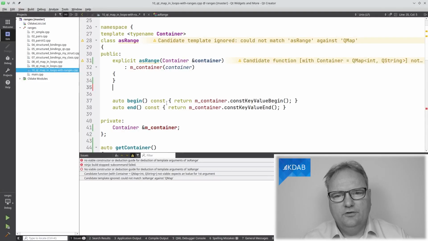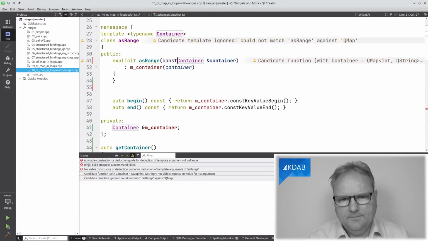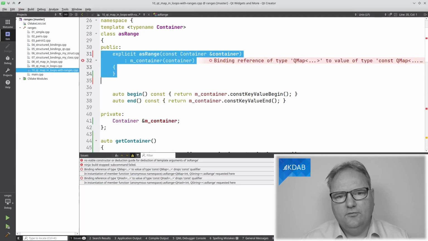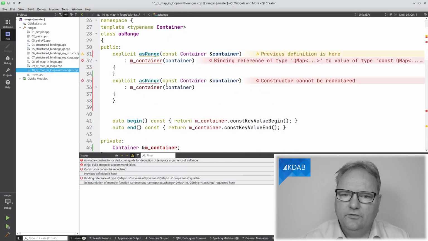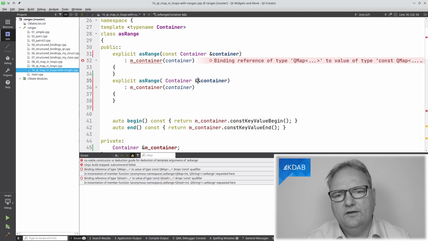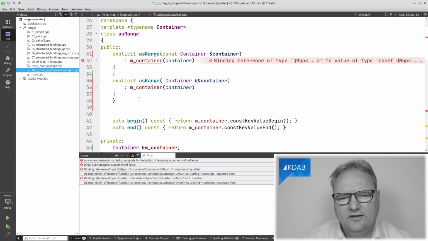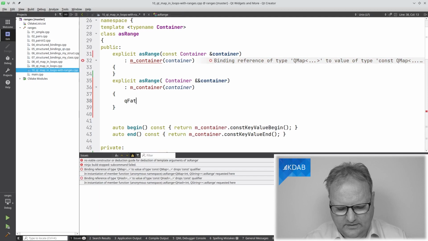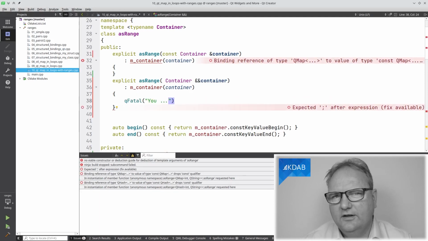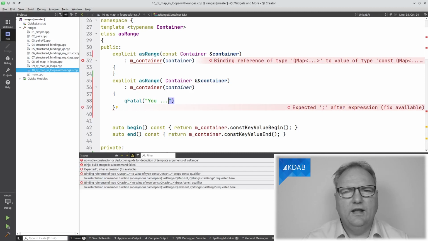The R value version means that I'll make this const again. And maybe I should have copied before I made it const. Of course, now I need to remove the const again. And what I'll be doing here is ampersand, ampersand. It still needs to instantiate this. And down here, qfatal, you can only give L values because how would I have a reference to the R value? Potato, potato, but there's another solution for you.